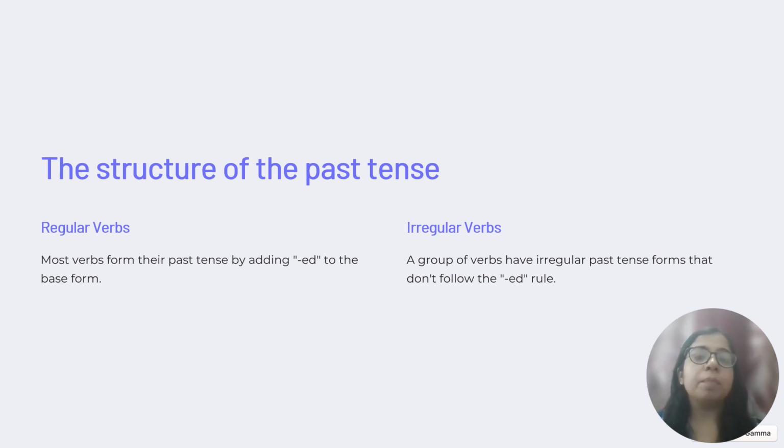Okay, कि मैं इंतजार कर रहा हूँ, I am waiting. Okay, and मैंने तुम्हारा बहुत इंतजार किया, I waited for you a long time. Okay, so waited, joining the ed after the word wait, is the regular verb. Okay, in which we add, wait is a regular word in which we add ed and we transform the word